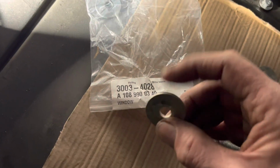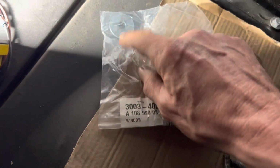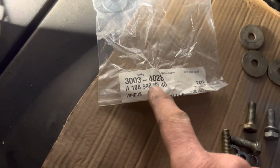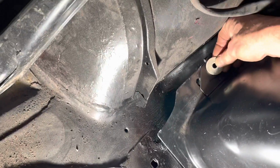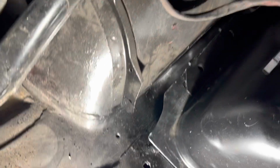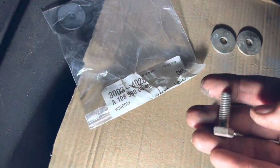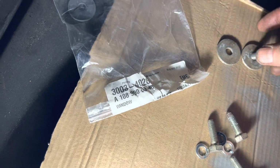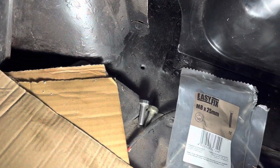These washers are quite specialist here, and they're quite expensive as well. If you do need to buy them, this is the part number here, 108-990-990-0340, and those washers, four of them, are used to attach the tank to those brackets. The order of events is you have a bolt, and you have a spring washer, and then you have the washer below. The bolts that hold the tank in